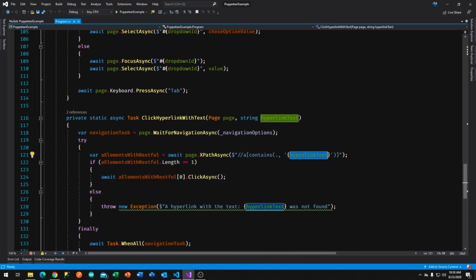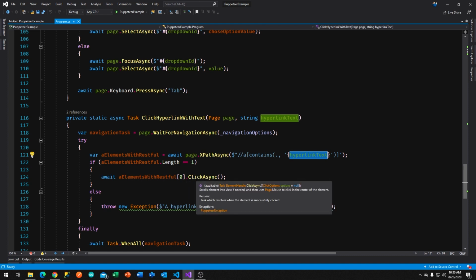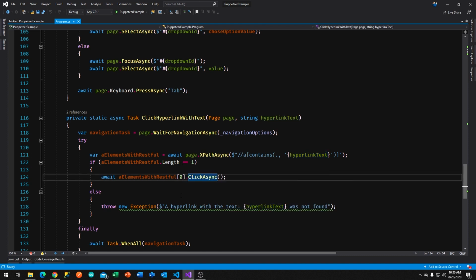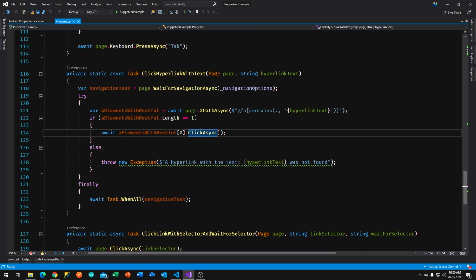So then if length is equal to 1, then you can click on it. If it's 0 or more than 1, then that's a problem, and in this case you want to throw an exception. And this is doing this